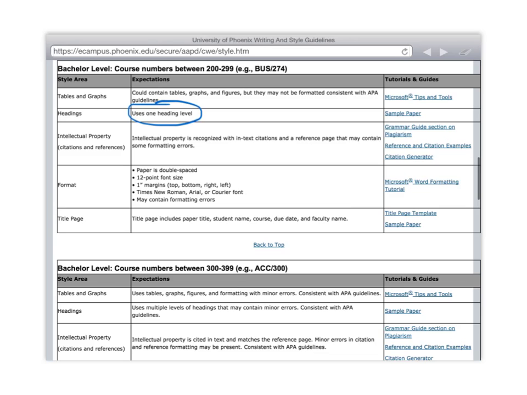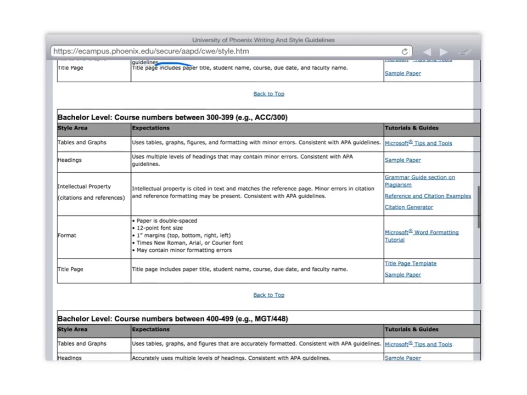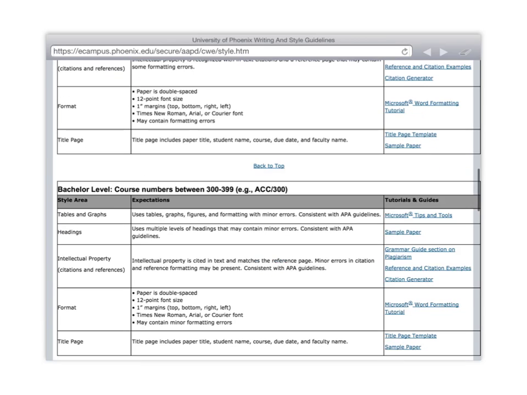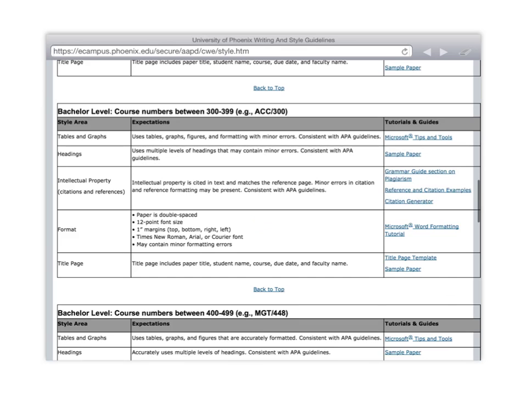Intellectual property, it can contain some formatting errors. That's fine if this were a 200 level course. And then may contain formatting errors: Times New Roman, Arial, Courier, 1-inch margins, 12-point font, so on and so forth. And then you see the title page doesn't change. It's the same. In bachelor's level courses, it says for 300 to 399, and that's what,